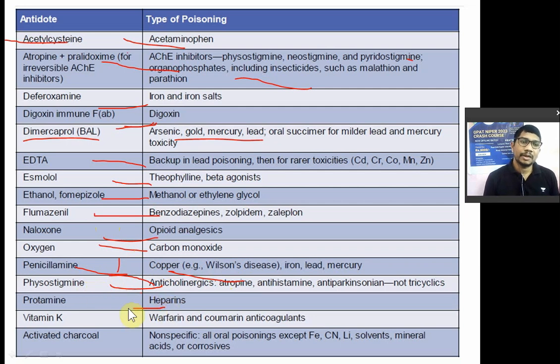In case of heparin poisoning, protamine is the antidote. In case of warfarin and coumarin anticoagulants, vitamin K is the antidote. In case of non-specific poisoning, all oral poisons except ferrous, cyanide and lithium, solvents, mineral acids and corrosives, if you don't know the nature of the poison, then the universal antidote can be used, which consists of activated charcoal, tannic